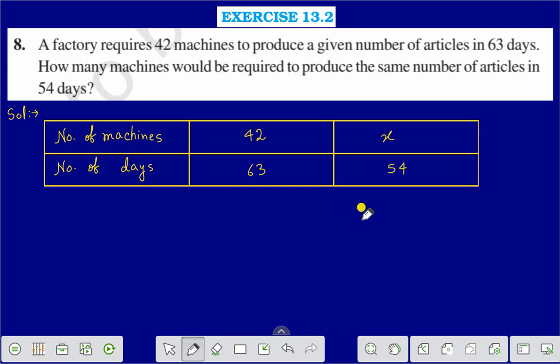A factory requires 42 machines to produce a given number of articles in 63 days. How many machines would be required to produce the same number of articles in 54 days? Here they have given